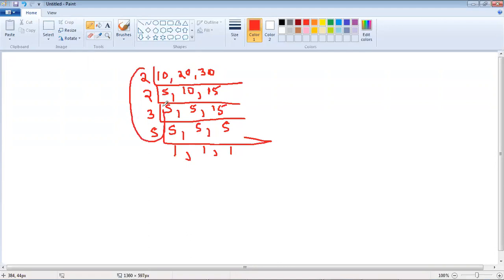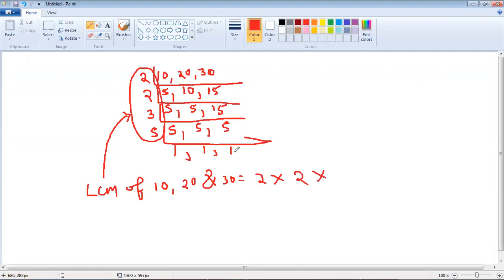Now just multiply these prime factors. So the least common multiple of 10, 20 and 30 is equal to 2 into 2 into 3 into 5.